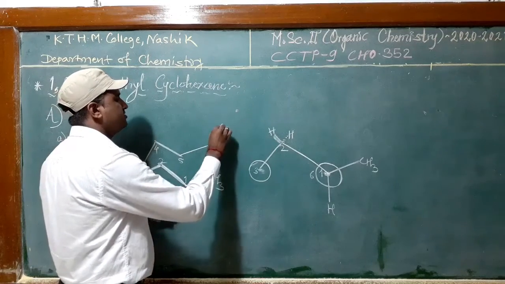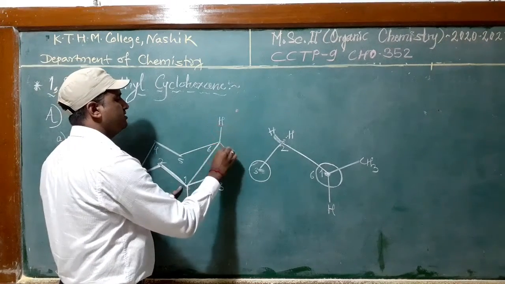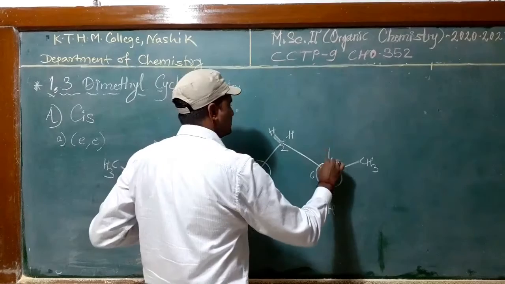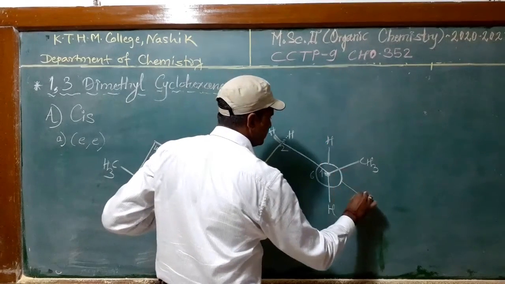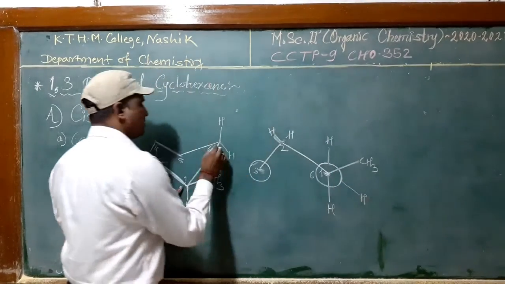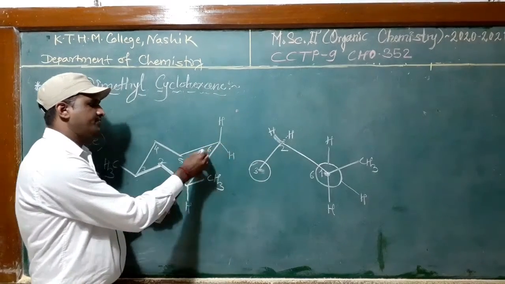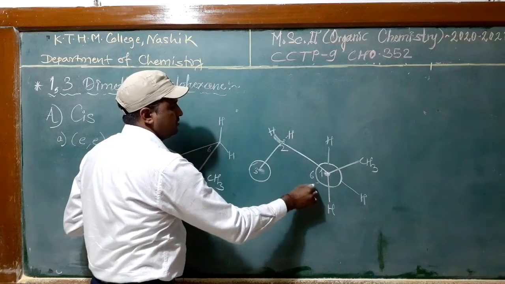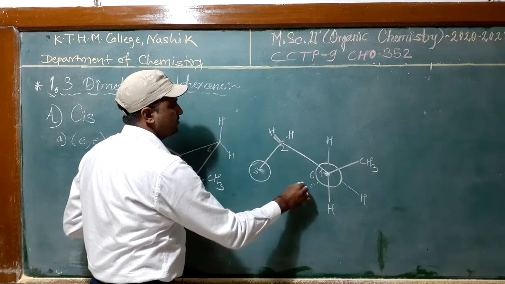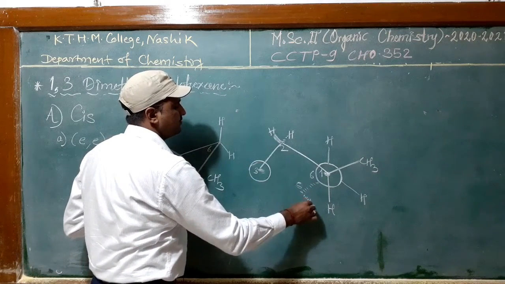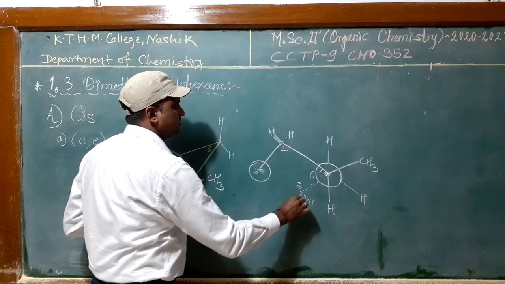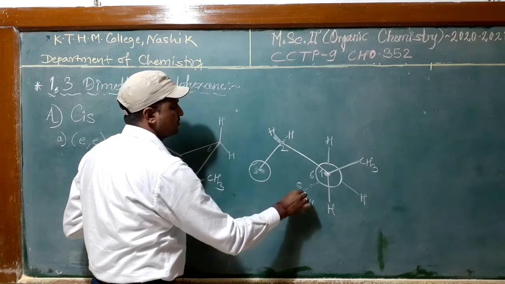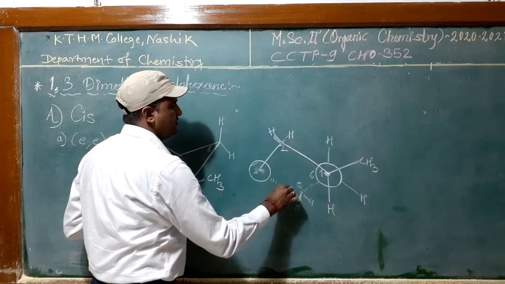This carbon number 6 has axial hydrogen, equatorial hydrogen, axial hydrogen, equatorial hydrogen. This carbon number 6 is next connected to carbon number 5. This carbon number 5 is connected to the next carbon, carbon number 4,